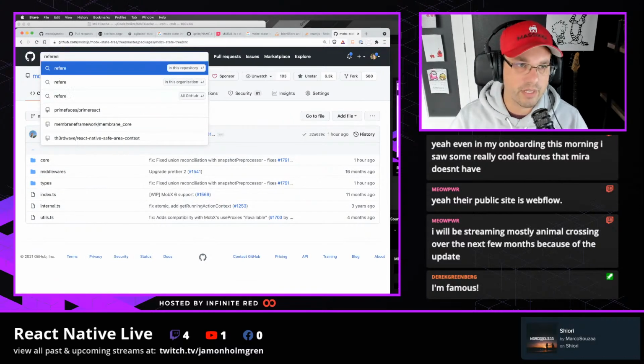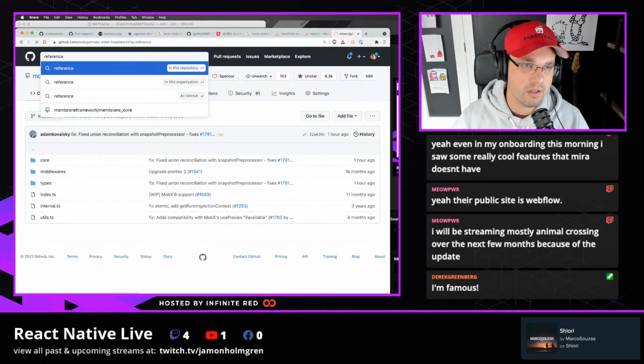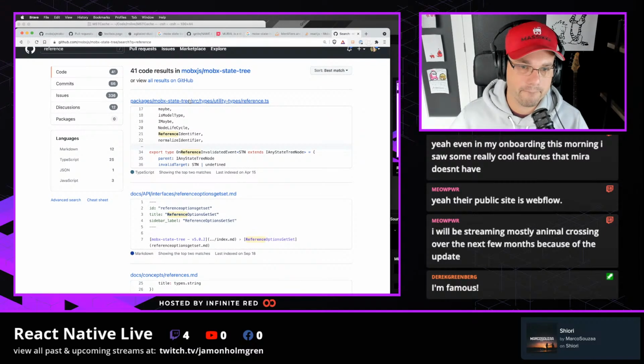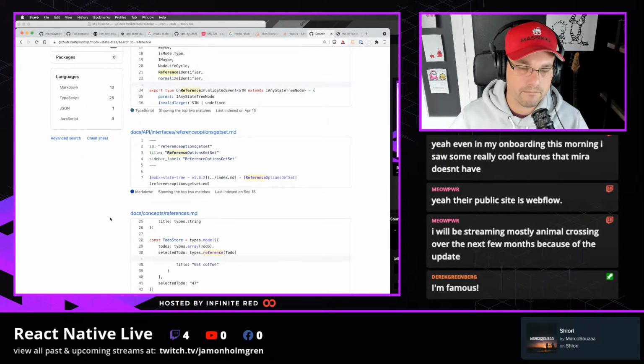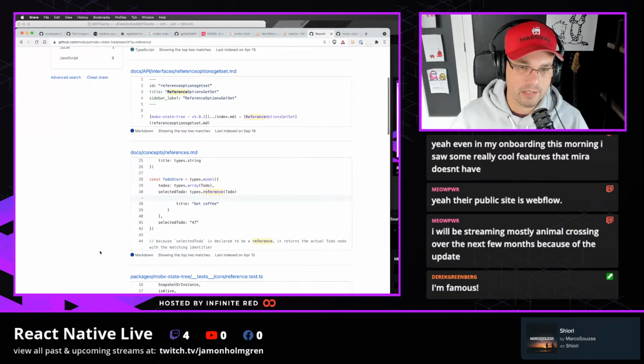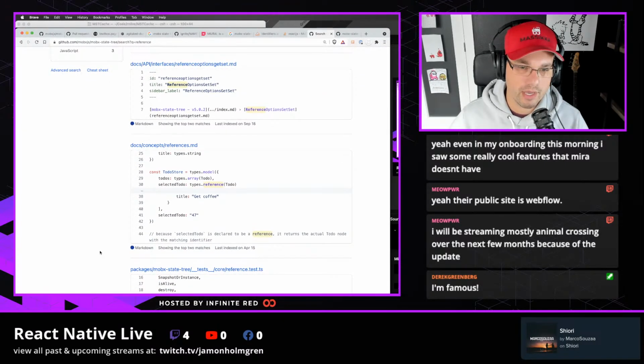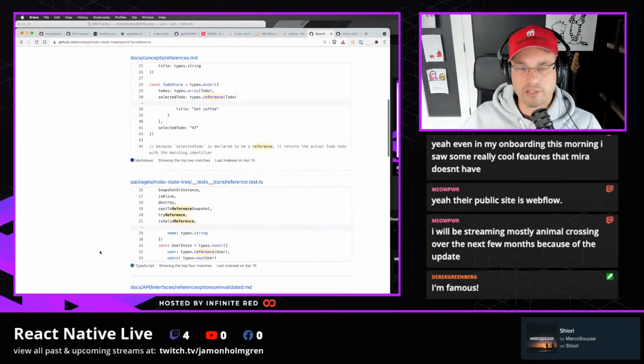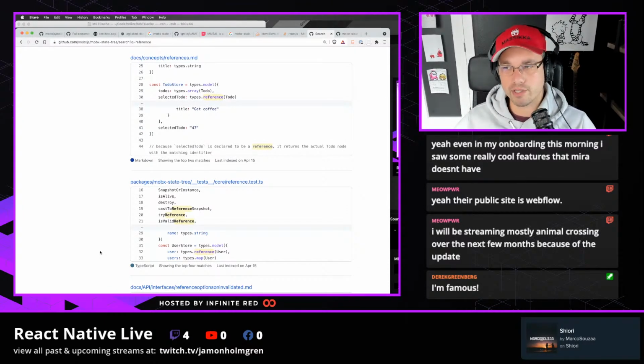I don't know if there is a way to get all of the references, to see if any references exist anymore. So this is going to be the heart of the garbage collection, because if you don't have garbage collection,